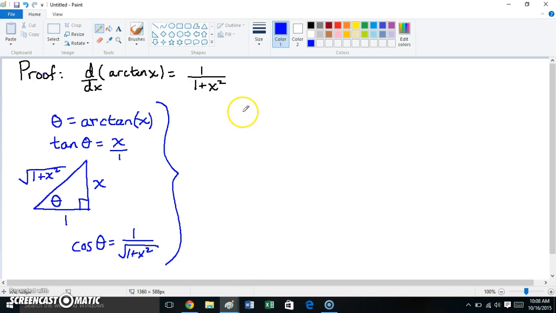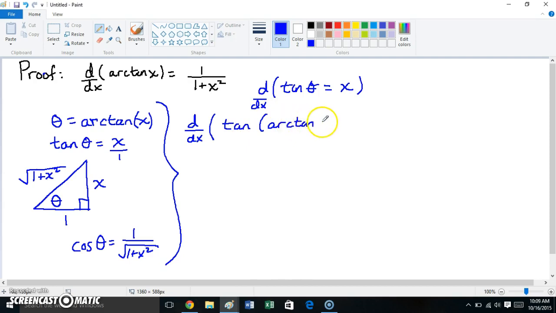What I'm going to start with is taking the derivative of the tangent of theta equals x with respect to x. So since I want it with respect to x, let's rewrite theta as the arctan of x. All right, I'm going to take the derivative of both sides of this equation. So the derivative of tangent is secant squared